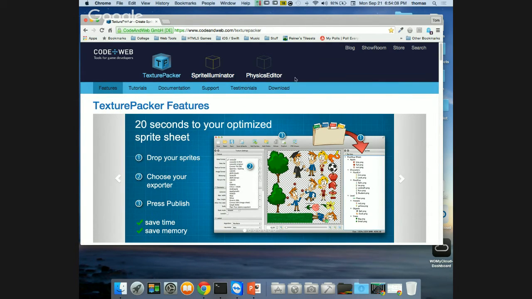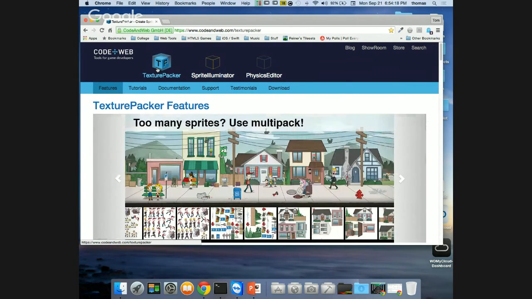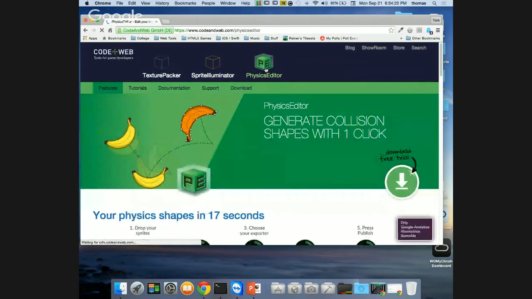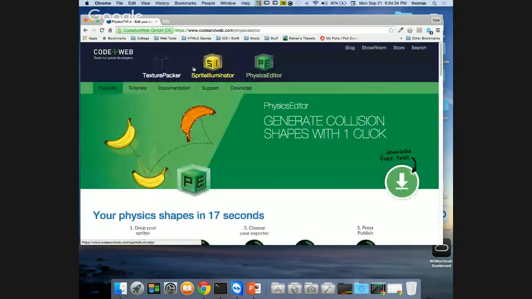So I think if you haven't bought, if you have some money left over to buy resources for the course or materials, this is definitely one I highly recommend if you're going to be making 2D games. Physics Editor, again, is a 2D editor that allows you to create colliders for 2D, and again, across different platforms. Cool, not really that useful for us since our colliders are made in Unity, but definitely these two,